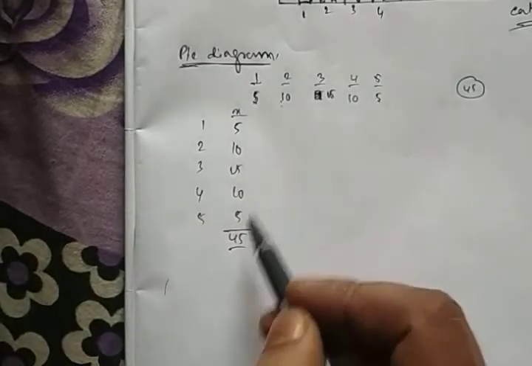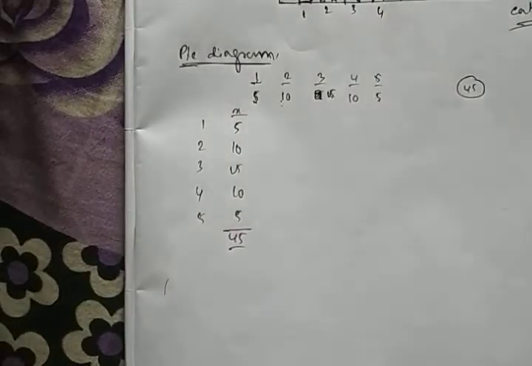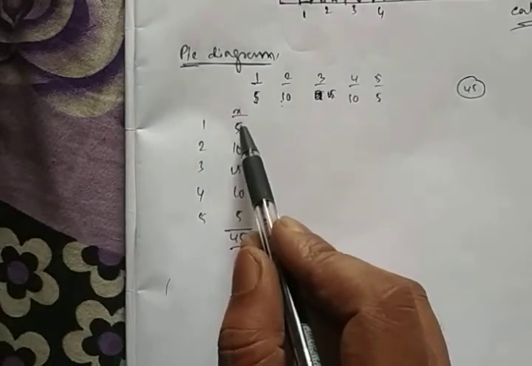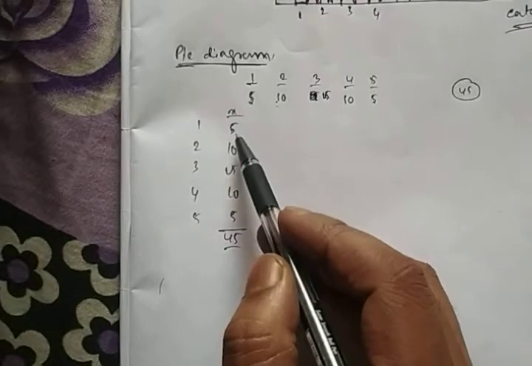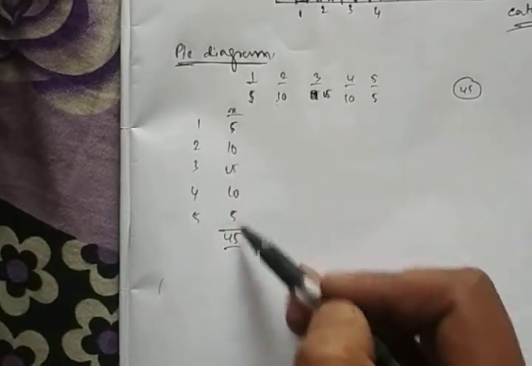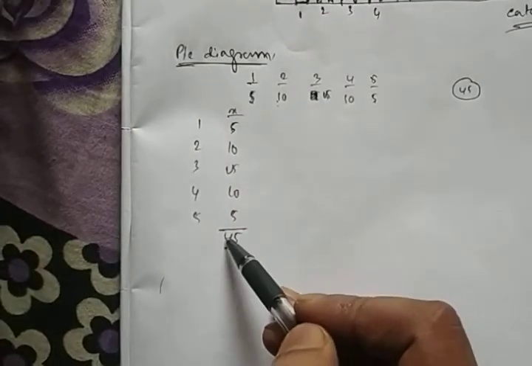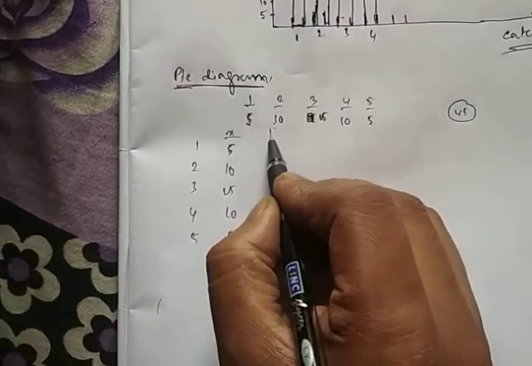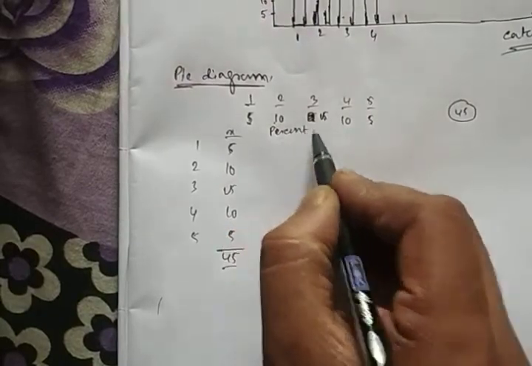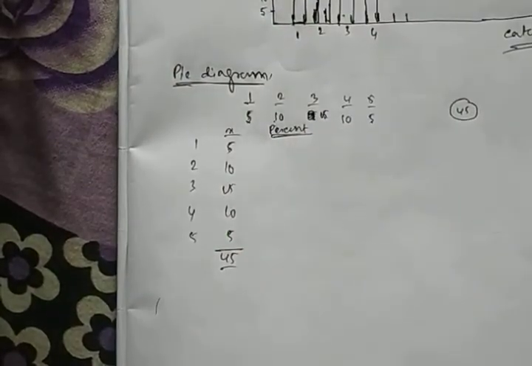Now, for the percentage of value, we take the percentage of each value, and then multiply it by a certain angle. First, it is more efficient to calculate the percentage of each value, that is, what percentage each value contains of the given total sum of values. So, what is the percentage of value?